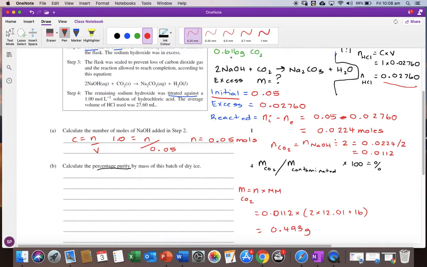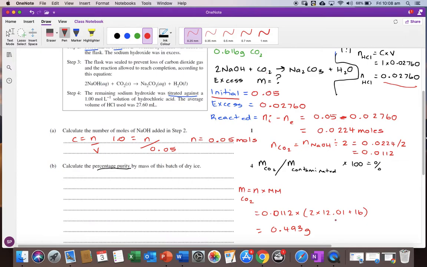So you can do a little bit of a woohoo at that point, because your mass of CO2 has come out as less than the mass of your contaminated CO2 sample. If this number down here is bigger, then you've stuffed up somewhere. You need to go back and check that you've used your ratios correctly, that you haven't multiplied by 2 here, for example. If you multiply by 2 here, you come up with a mass of 1.7, which is going to be